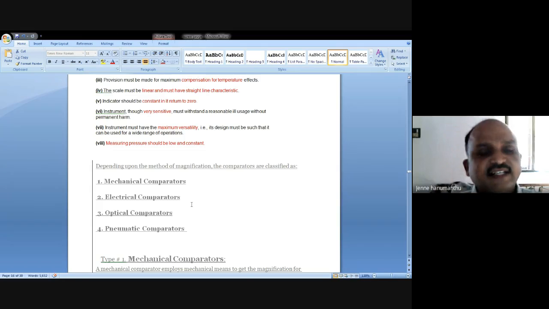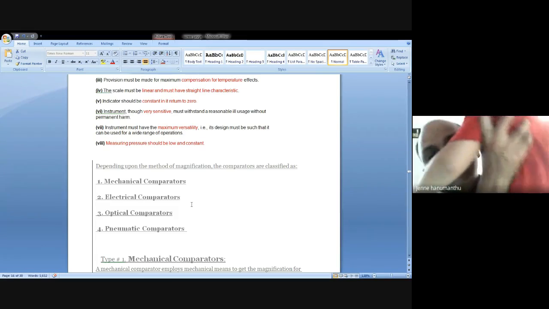I can detect it. If I am able to detect all these dimensions with the comparator, they are useful for my application. How best can you detect all these dimensions? You can detect them in different ways. You can apply mechanical principles, electrical principles, optical principles, or pneumatic principles. You apply any technique, but our aim is to know the actual dimensions of the unknown.